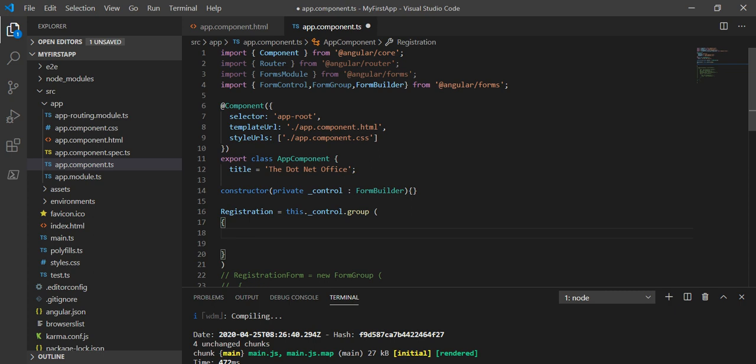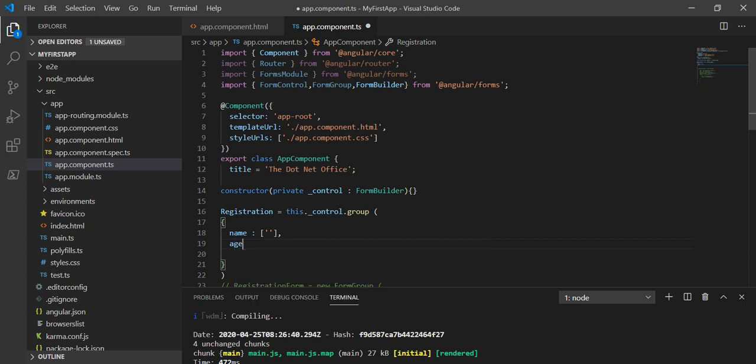And here we will take all the controls. Whenever we use the control, it automatically suggests to us, like if I write name, see, it automatically comes and assigns. For assigning the value, we have to use the square brackets, like this, and we can give any default value to this as well. We can give the default value for the form control using the form builder as well.